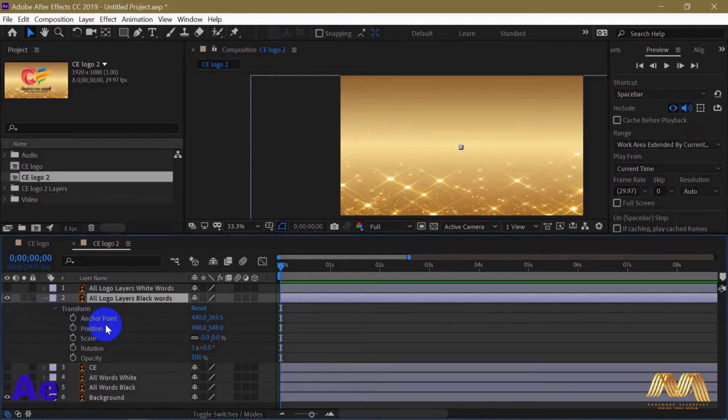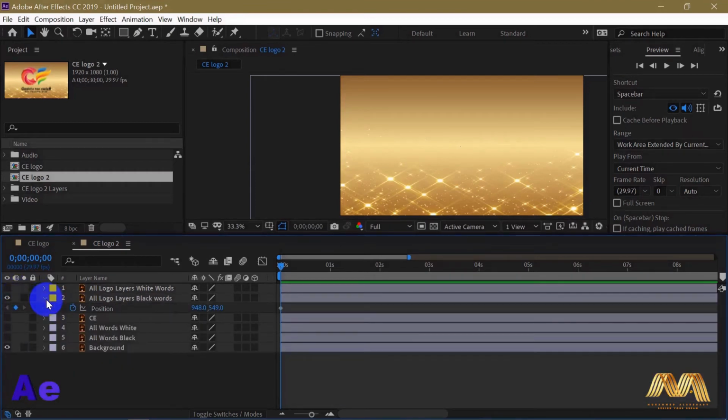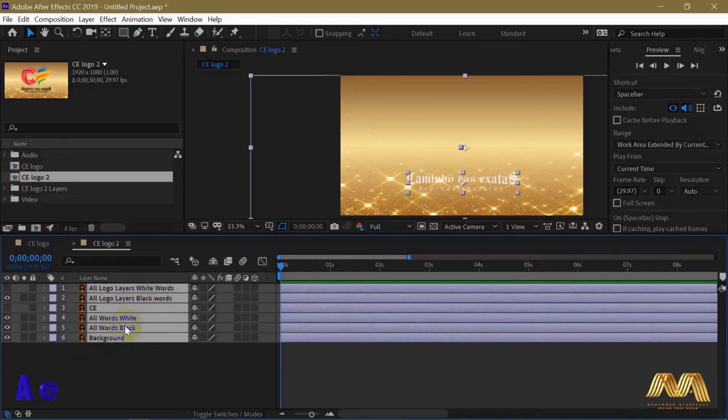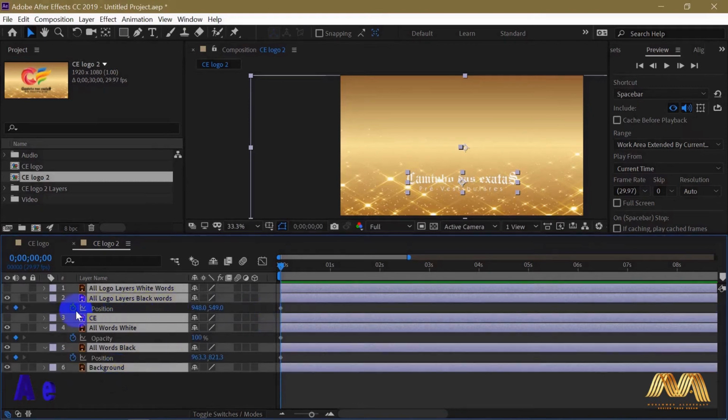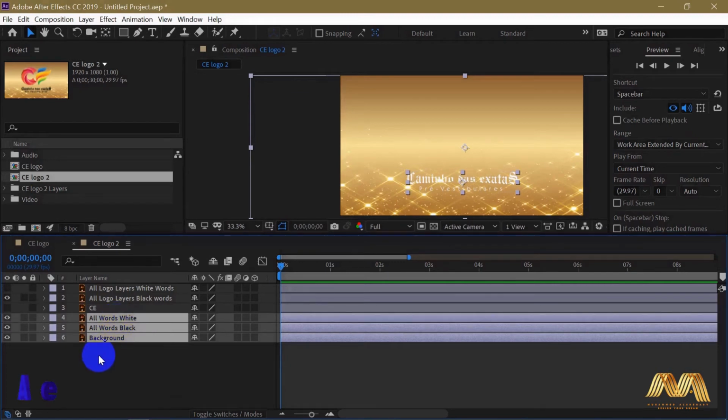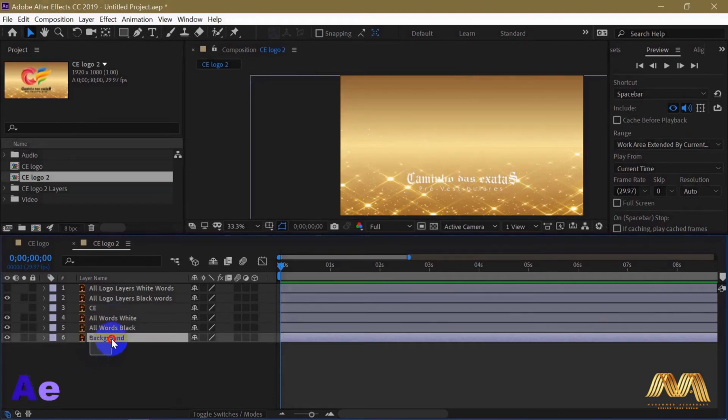Now if you have more keyframes in multiple layers, I will create an animation here in position. Here, another keyframe. Now I will select all the active layers and press U. It will open every option in every layer that has a keyframe. Another U, it will close everything. You can select your layers one at a time while pressing Ctrl, or with your mouse just click and